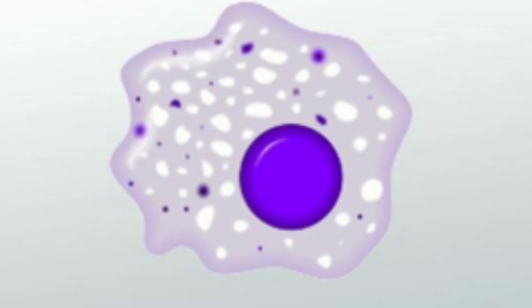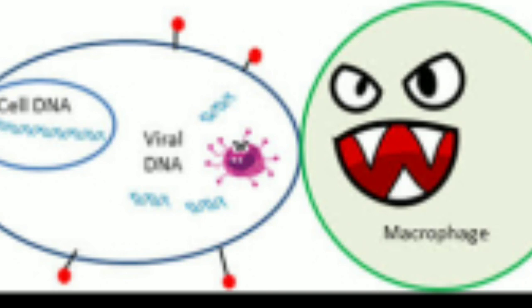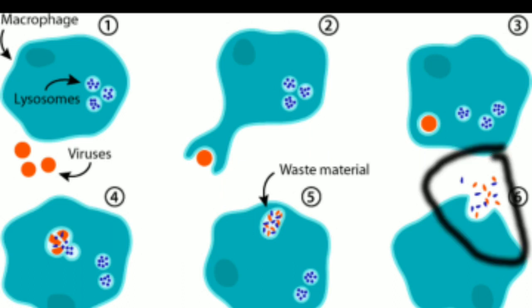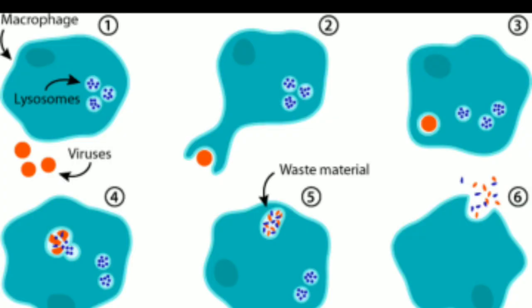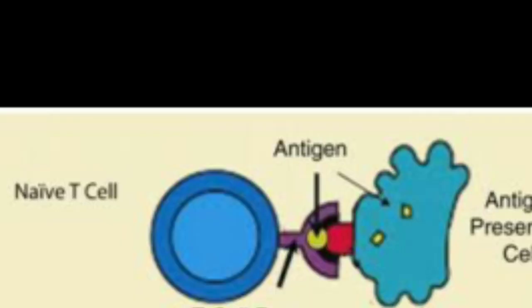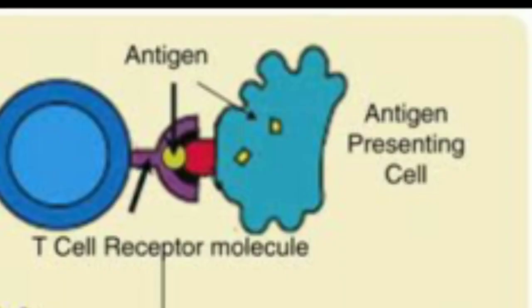Now whenever a virus enters our body, these macrophages attack the virus. They engulf the virus and cut it into pieces, and a part of the virus is then shifted onto the surface of the macrophages, which contains MHC2, major histocompatibility complex 2, as a receptor. That receptor puts the piece of the virus on top of it and presents it to the naive T cell. So these macrophages behave like the APC, or antigen presenting cell.